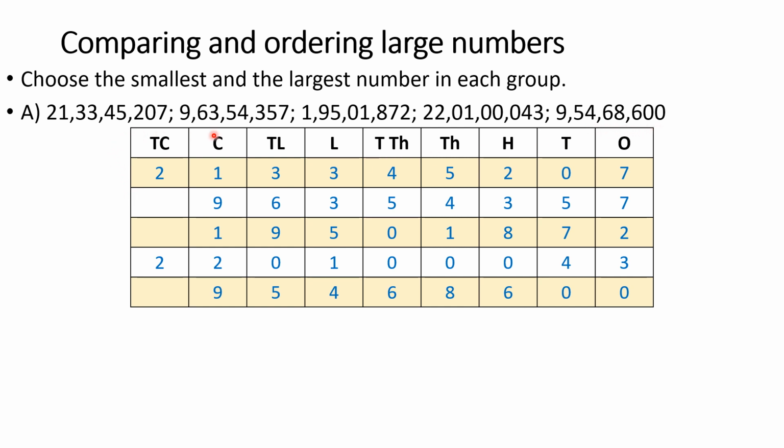At first we will write all these numerals in the Indian place value chart. It is the Indian place value chart which starts from ones, tens, hundreds, thousands, 10,000s, lakhs, 10 lakhs, crores and 10 crores. Now how will we write? Always remember we will start from the ones place. 7 at ones place, 0 at tens place, 2 at hundreds place, 5 at thousands place, 4 at 10,000s place, 3 at lakhs place, this 3 at 10 lakhs place, 1 at crores place and 2 at 10 crores place. In a similar way we will write all these numerals in this place value chart.